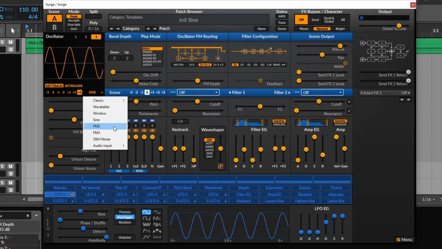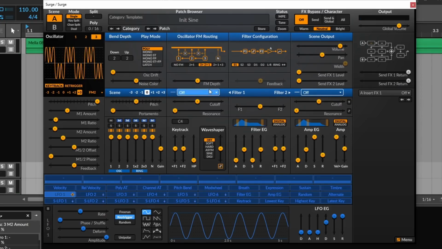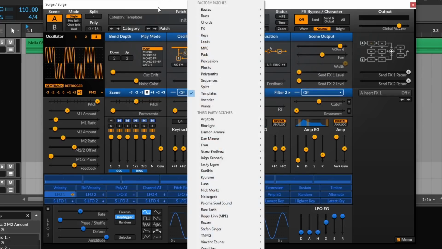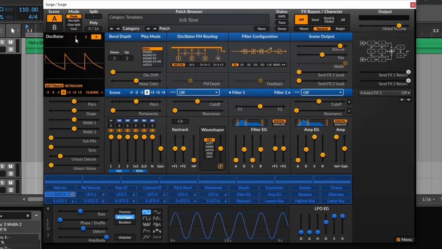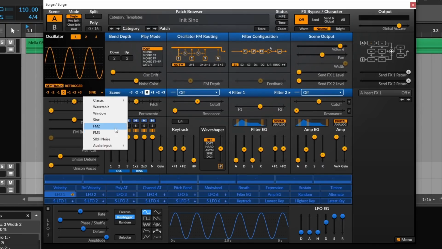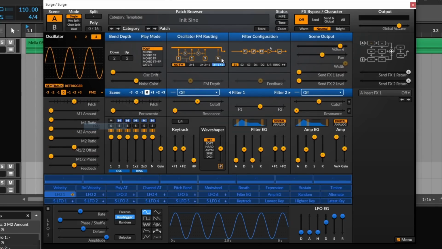And then we could change, say, oscillator 3 here to one of these. And we can create a pretty complex FM shape in there. So really you can have a massive amount of operators here, because what you can do is, if you go to your sine wave here, let's set them all to this FM2. So if you set FM2 there, FM2 there, and FM2 there, and you set it to this, right? Now you've got